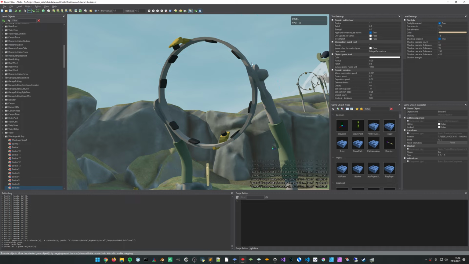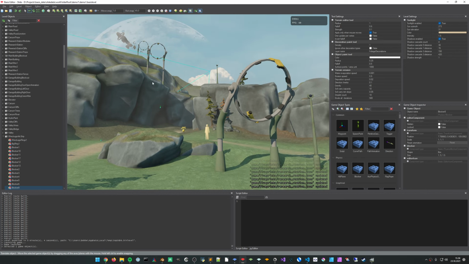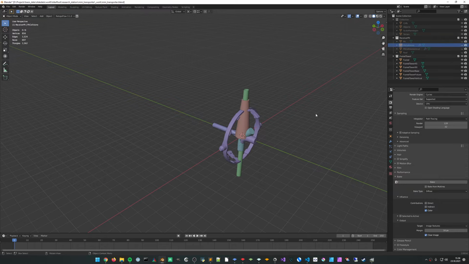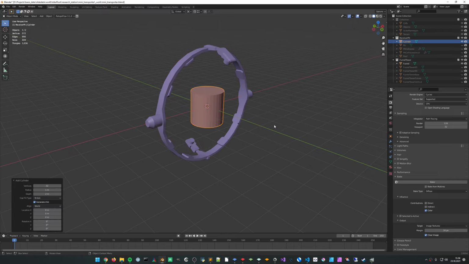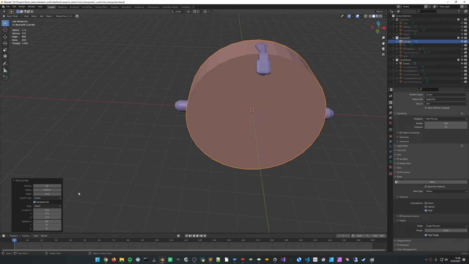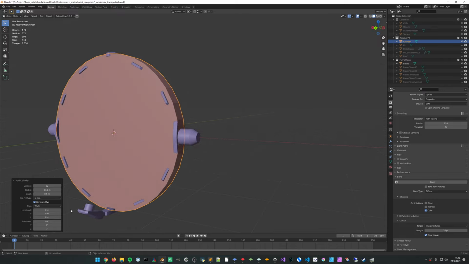But for this funnel, it might actually be easier just to whip up a very quick collision mesh in Blender, and it should literally be like a 1 minute thing. So let's do that. Let's hide everything except the funnel, like this, and we add a cylinder, and we rotate it around X 90 degrees. We make the radius something like that, and the depth something like that, and then we